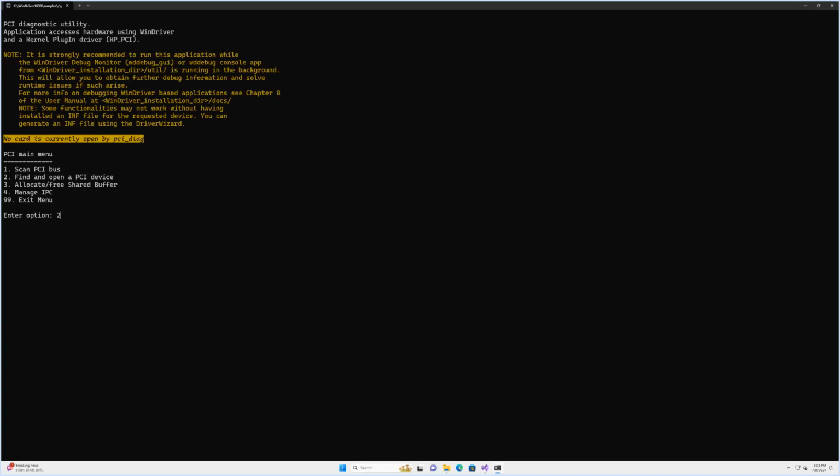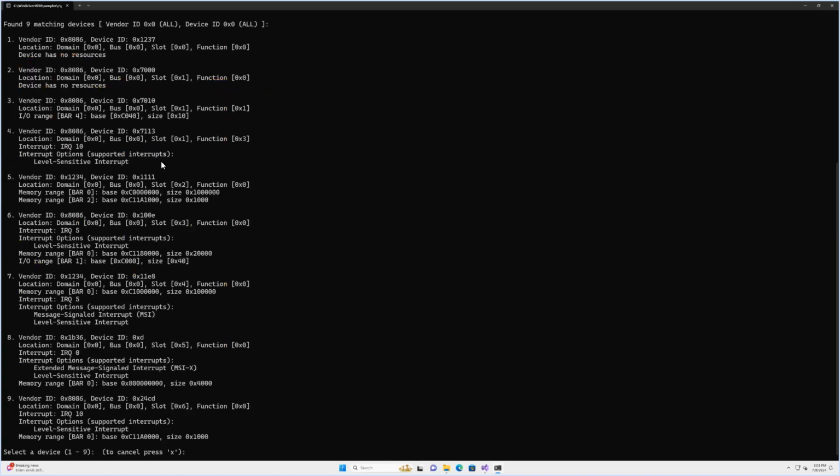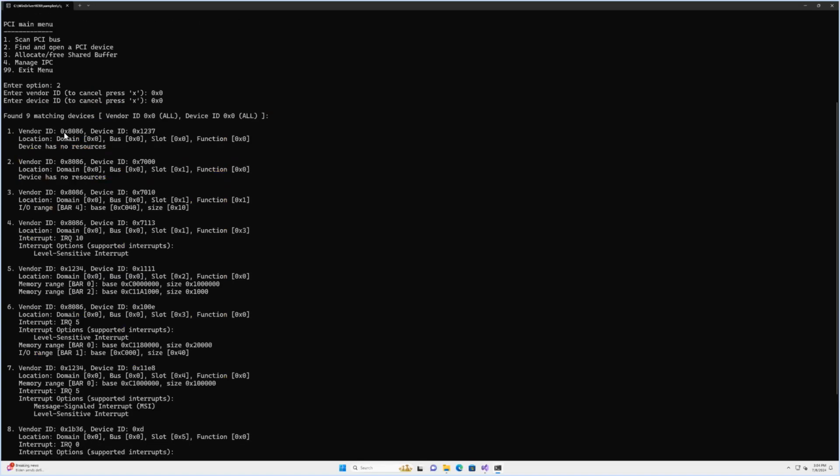You can do it as well. Only just download WinDriver and scan your devices, okay? If I press 1, it will scan a specific bus, but I want to scan all the devices on my computer. So I'm entering 2 zeros, and I can see a list of all the devices I have